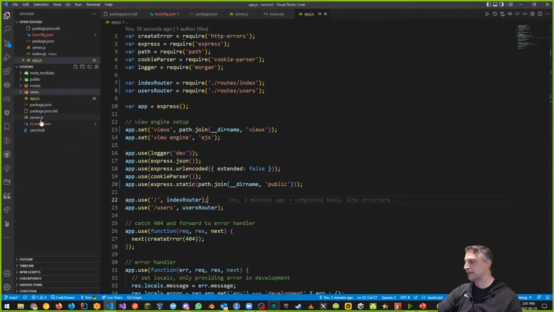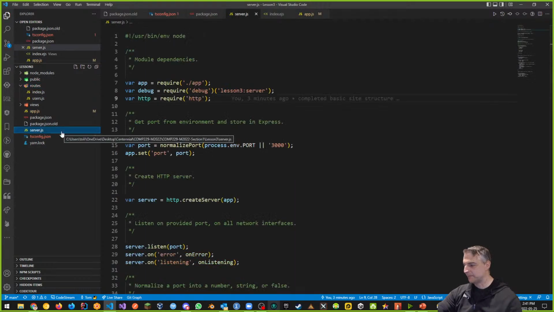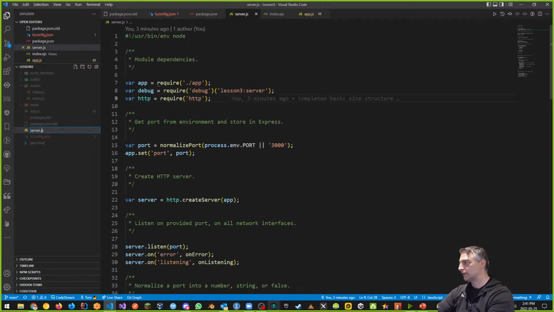TypeScript. So to convert to TypeScript, we need to start converting our server.js to a server.ts, our app.js to an app.ts, and inside of our routes, we have two more files. We have a users.js and an index.js. They also need to be converted to TS. Let's start with our server. So rename to server.ts,